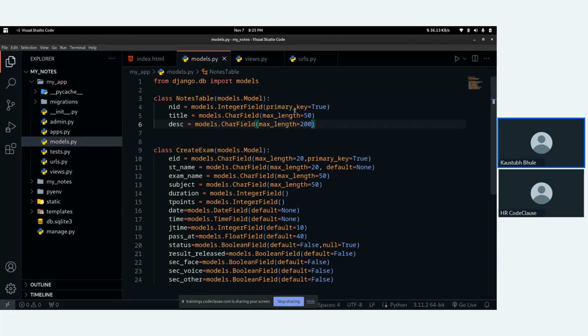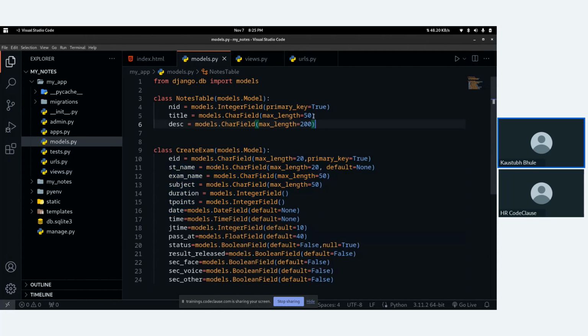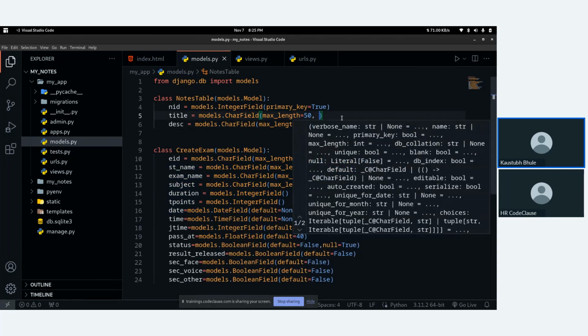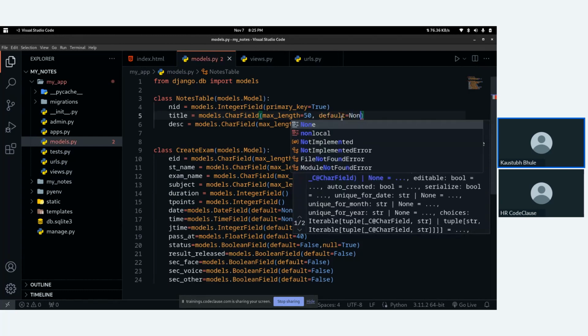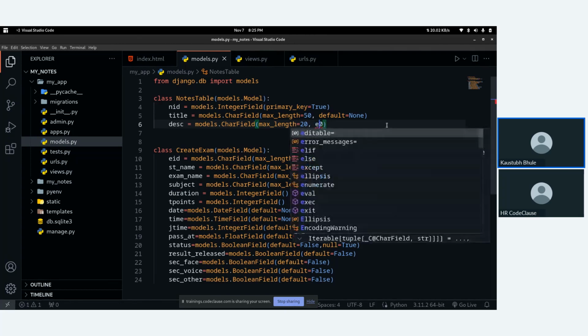Let's say 200 characters. You can also explore other fields from the Django documentation. And my one advice is to prevent any future errors, make sure you specify default field to none.